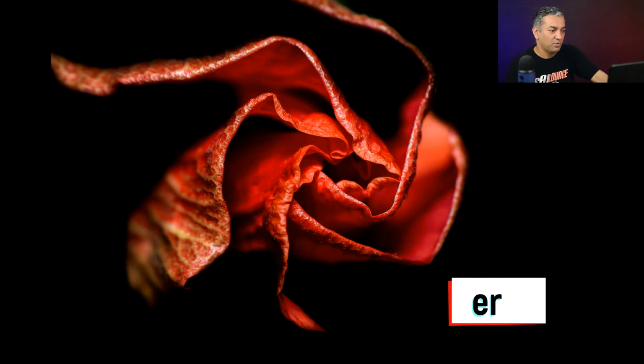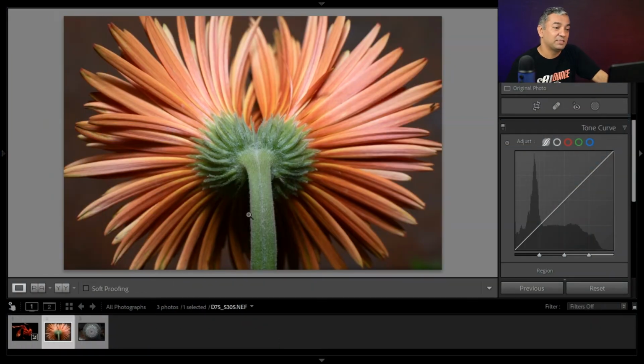Now let's jump on to our next image. Now we are going to work on the Gedra flower. This is a really good flower, an amazing one. I've never seen this flower like this before, and the thing is the light is not good. I still need to work with the lighting part, but I thought I can make it better in post-processing. We'll see how we can get it.